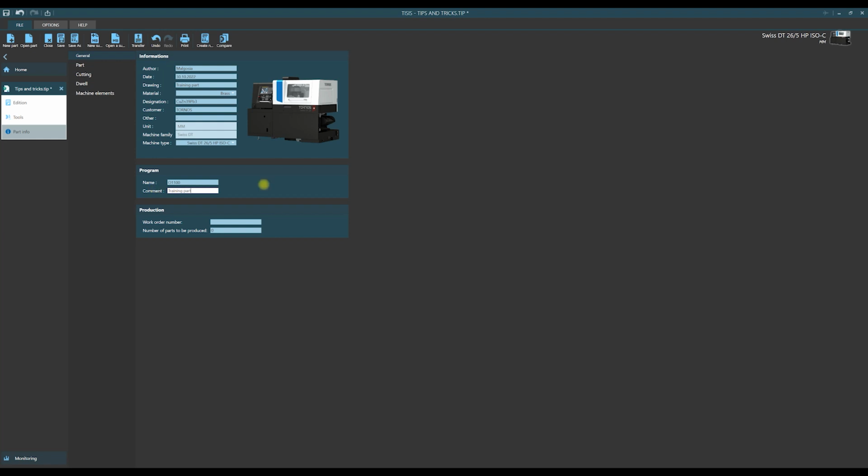And once more, after introducing those changes, you see a star character, so we should save. We can click, of course, once more on the save icon, but also we can use this diskette icon at the top of the screen. The star character disappeared, all changes are saved.